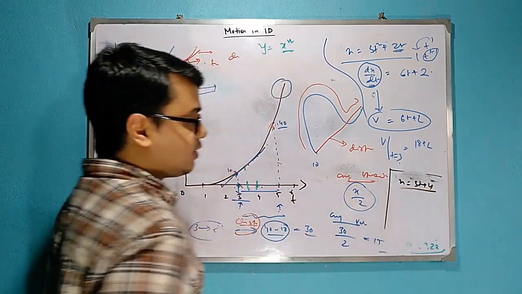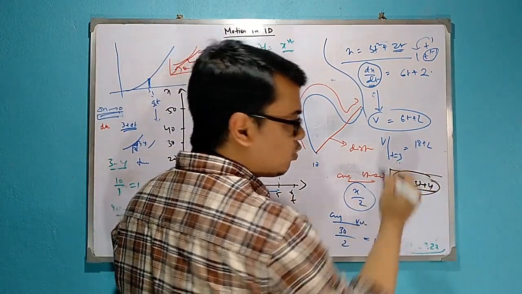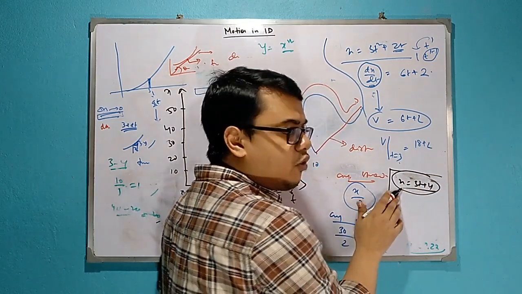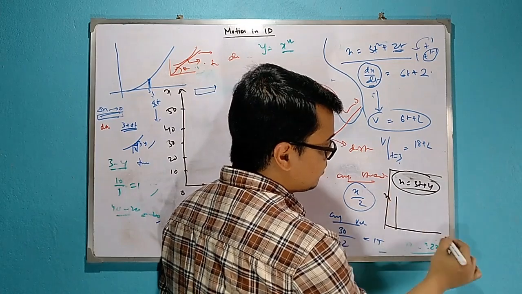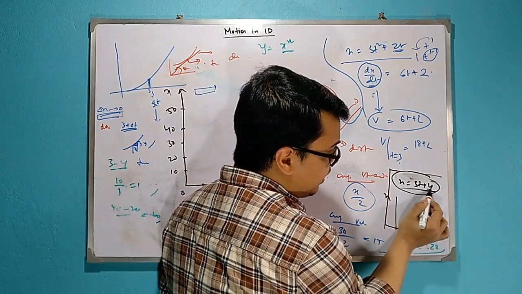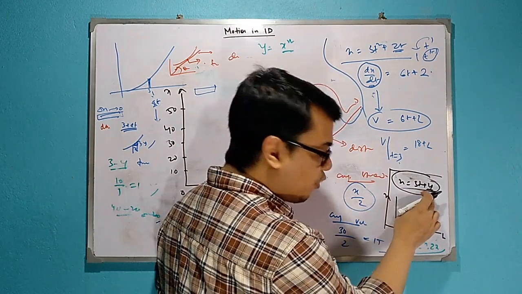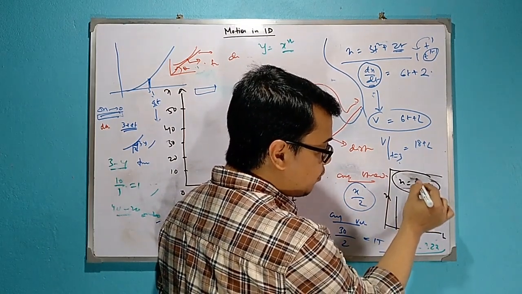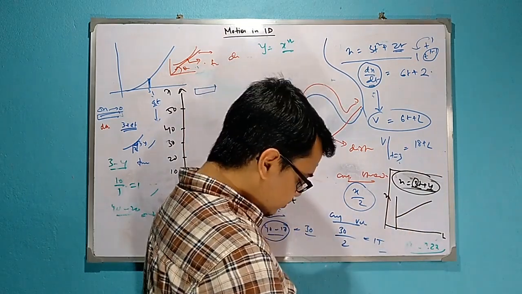This was my equation. That means x is moving along the time according to this equation. It is in the form of y equal to mx plus c, that means it is a straight line. Obviously a straight line, with a y-intercept of 4. That means its initial position is 4, and it has a positive slope of 3. This type of straight line will be there.